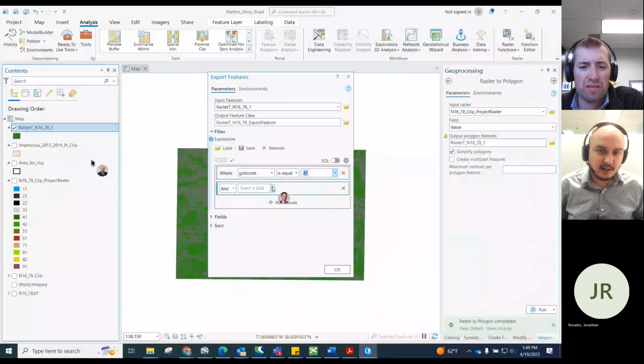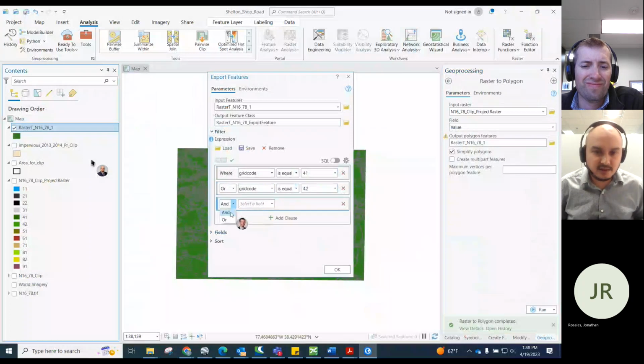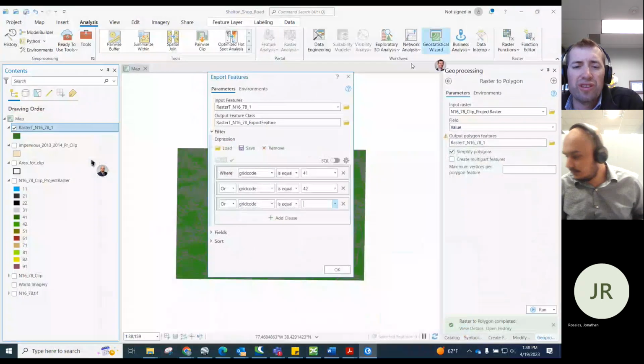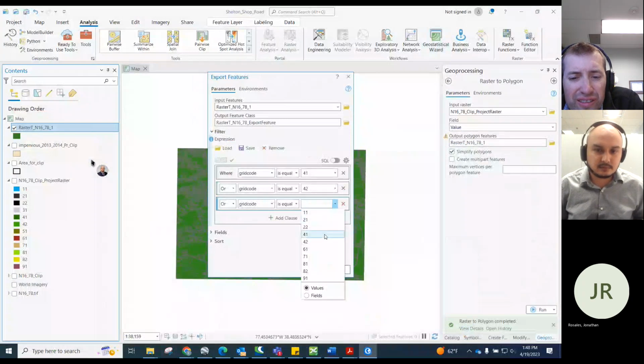41 and add the next clause, and that end should be "or". Because 41, 42, 51 and 91, all of those can be regarded as forest, because in Virginia we only have 3 different types of land use. 41, what is it? The 51 and 91, I think. It doesn't look like there's a 51, there's a 91. Okay, if there is no 51, good.